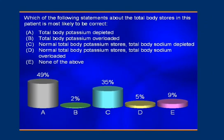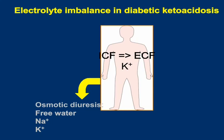Okay, so most of you picked the correct answer, which is A. Some of you picked C. Okay, so most of you recognize that even though the serum potassium is elevated, this patient with DKA is clearly not total body potassium overloaded. The thing to remember here is that